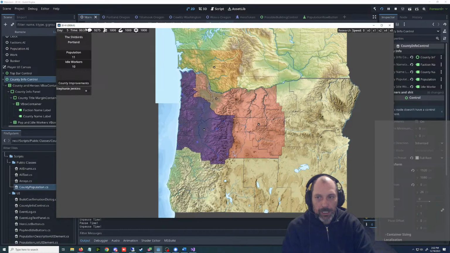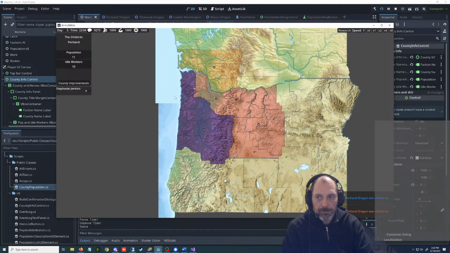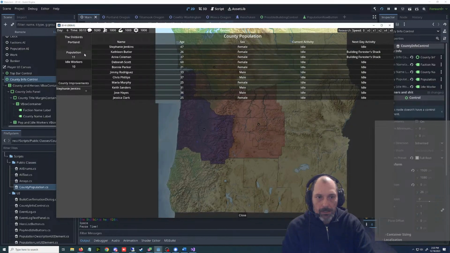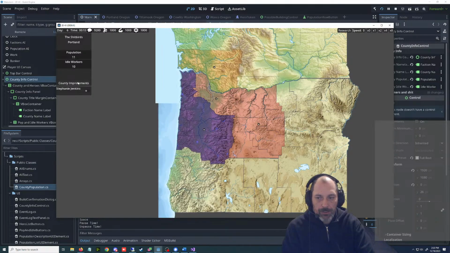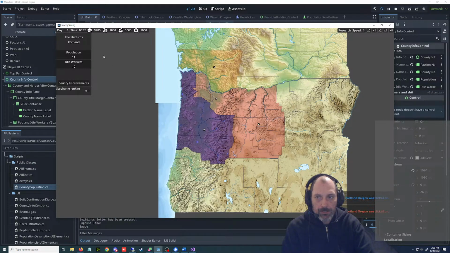Oh yeah. We have to wait a whole day for them to get. Well, let's double check here. Yeah, we have to wait a whole day. And they're building the Forester's Shack. And it has the right number of builders.